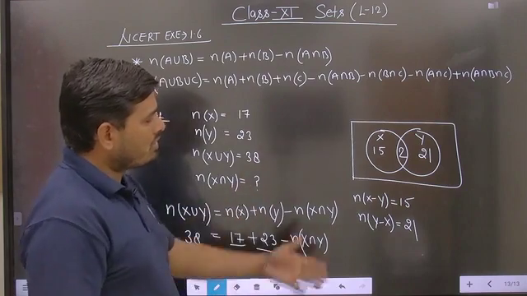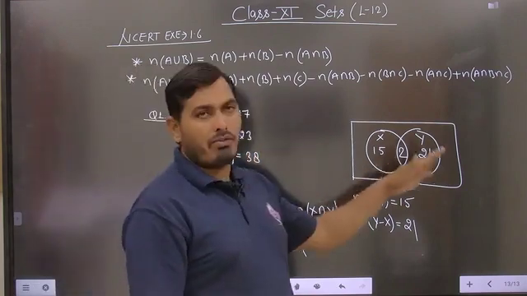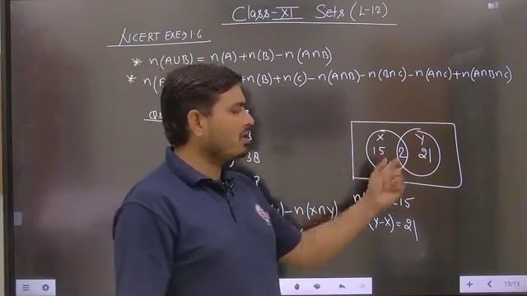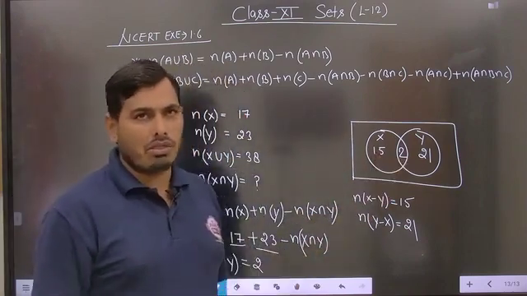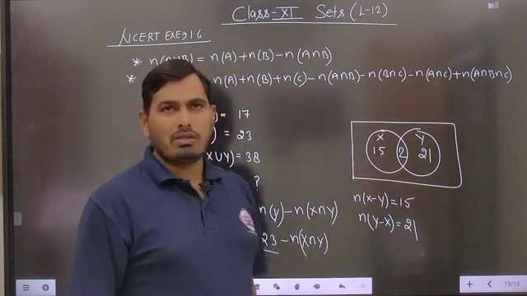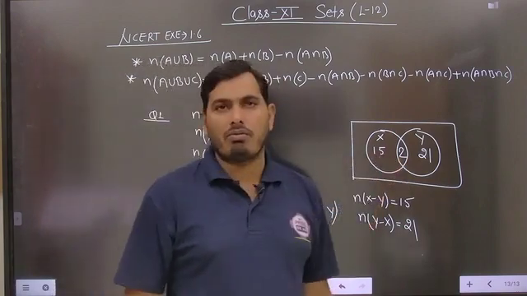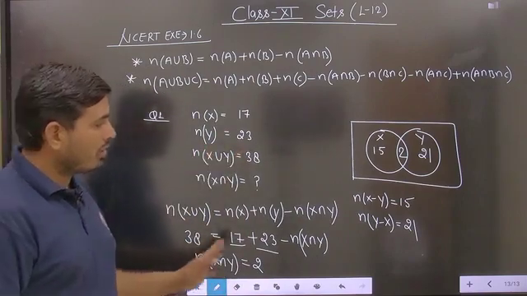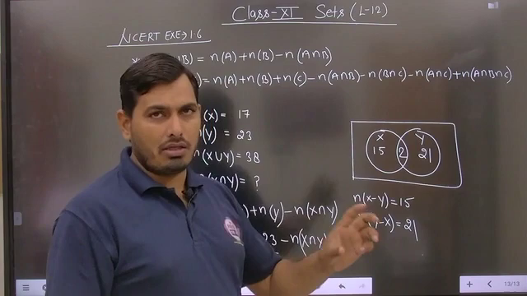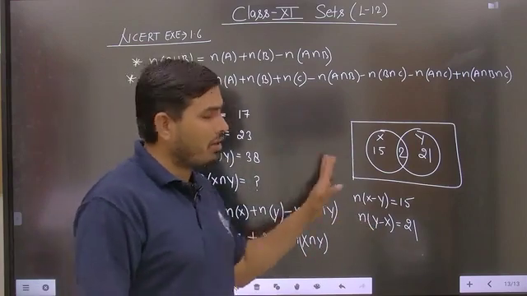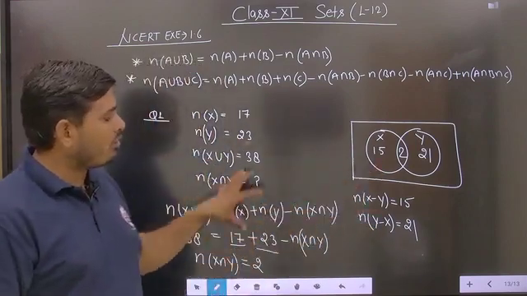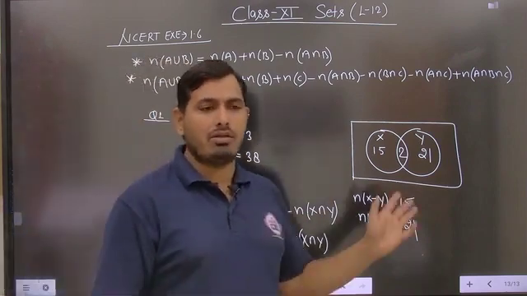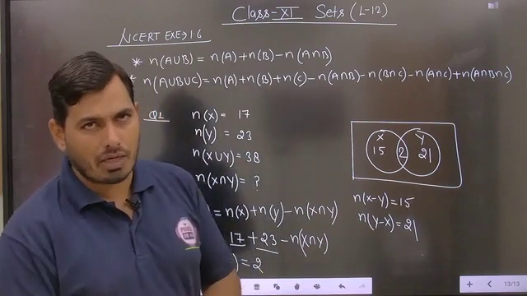Now you can just check whether the total number of elements equals 38 or not. So easily you can add each and every data mentioned in this Venn diagram. So 15 plus 2 is 17, 17 plus 21 is 38, and the total number of elements in x union y is given as 38. So you can properly fill in the data in the Venn diagram also. Sometimes only x is asked, or only y is asked, then these types of Venn diagrams are very important for us.